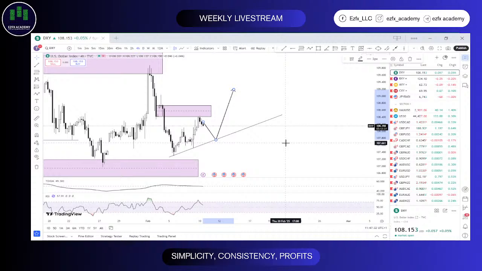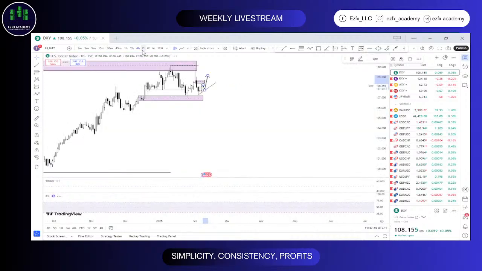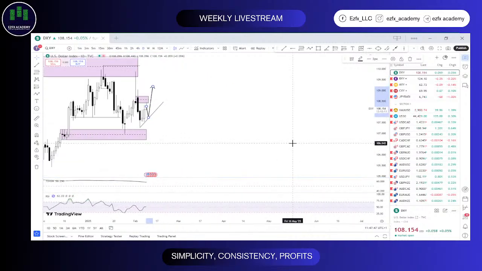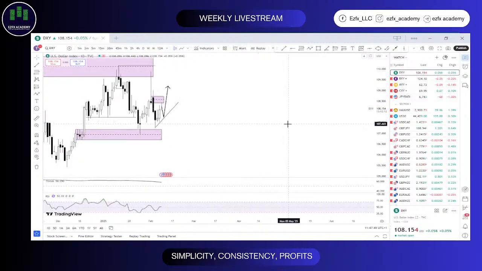But at least today, tomorrow, I think we should still get to see DXY give us a little bit more of that drop towards the downside. So all that is clear for DXY, if you are looking at it from a daily time frame perspective, though I believe we should still get.